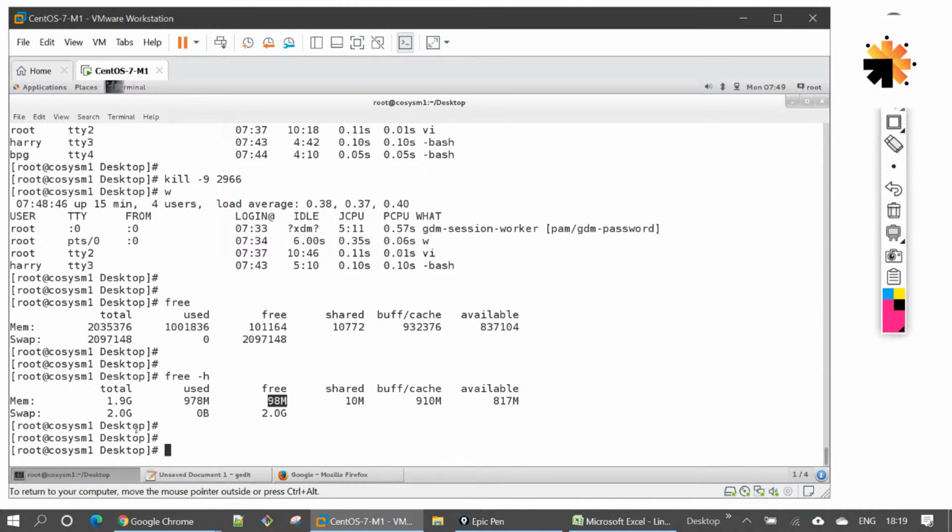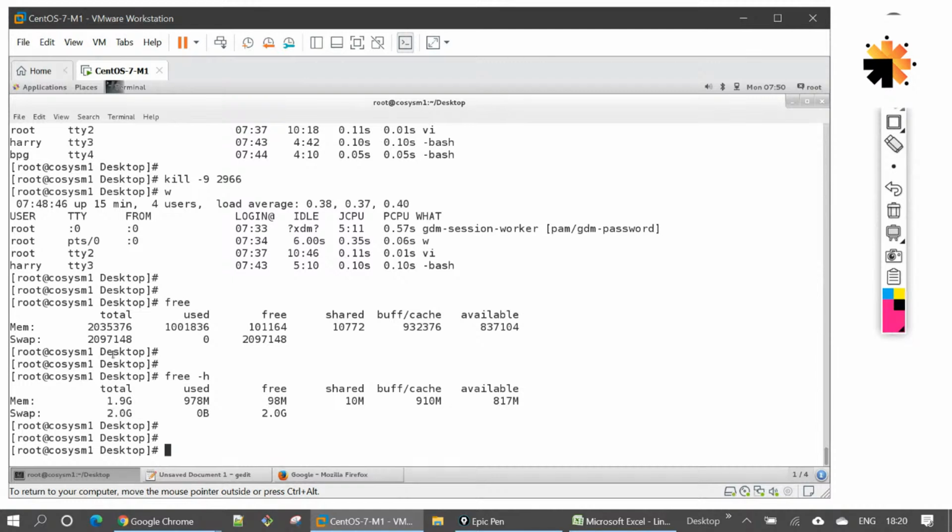This also gives you one more glance at the amount of swap area that is remaining on your system, right? I hope we discussed swap a couple of days back. And this shows 0 MB being used, and a total of 2 GB of free swap in here. So this is the swap area, the same virtual memory we are talking about. Now, let us say that I want to reduce the amount of